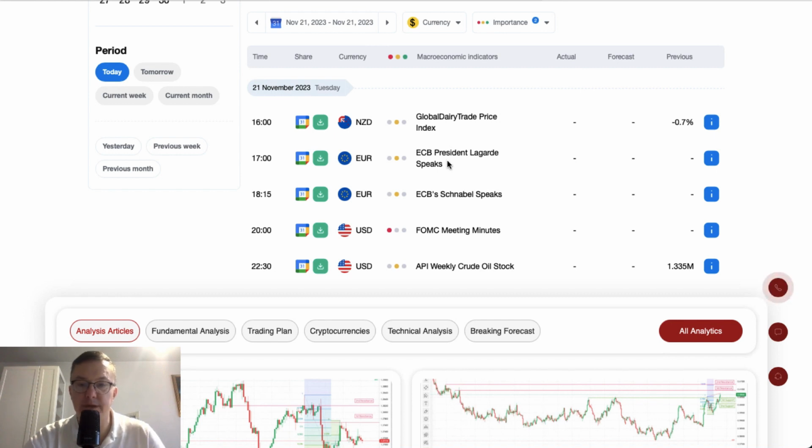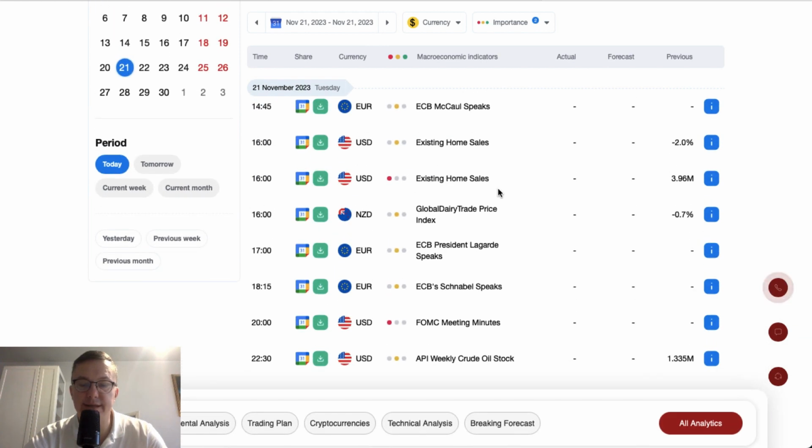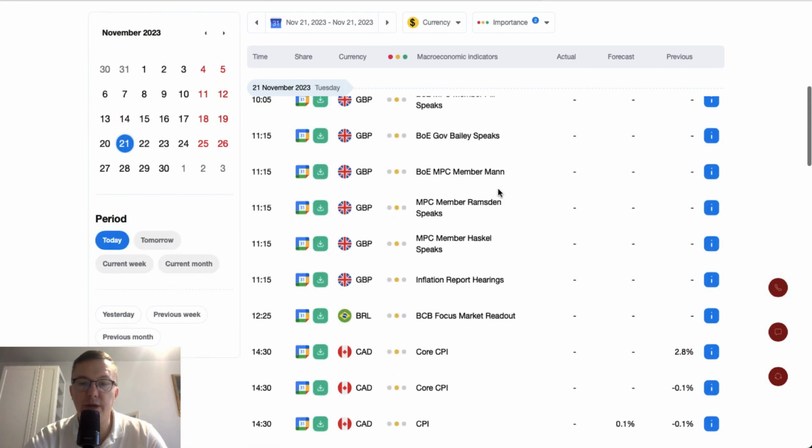Then we got the speech from ECB President Christine Lagarde at 5 o'clock, and ECB's Schnabel will give a speech as well, 15 minutes past 6. And the second key event of today is the FOMC meeting minutes release, scheduled for release, of course, at 8 o'clock p.m. And we end the day with the API weekly crude oil stock data scheduled for release at 10:30. So generally, the whole day is about the FOMC meeting minutes and existing home sales. So it's all about the UK and